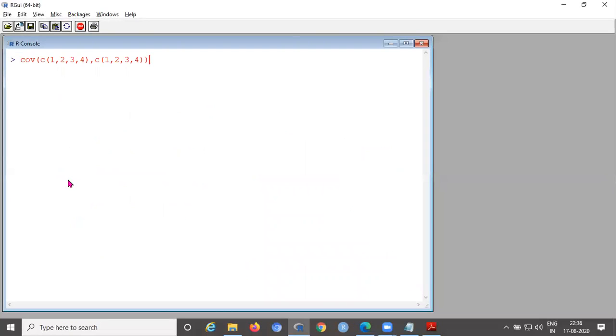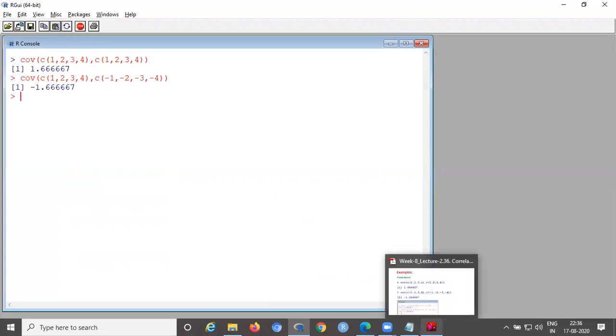Here you can say COV. Directly, this correlation coefficient gives only the constant values. It won't show any graphical outputs here. If you use negative values, take any one vector as negative. Suppose in the second vector I take all values as negative. Now you can see the same result with a negative value, minus 1.666.